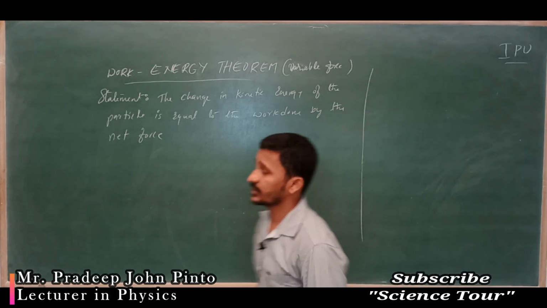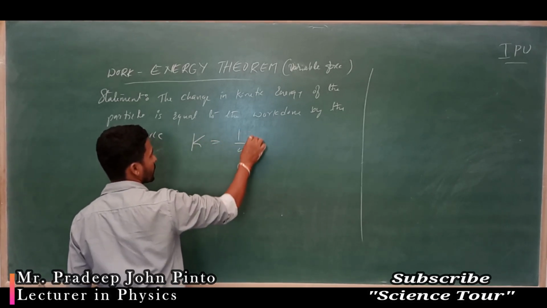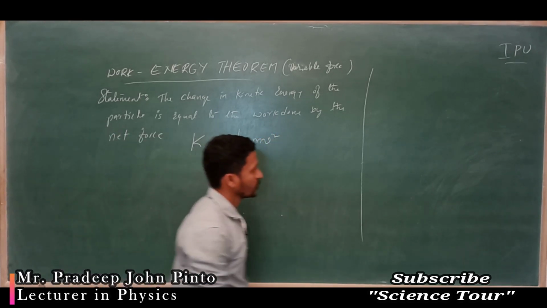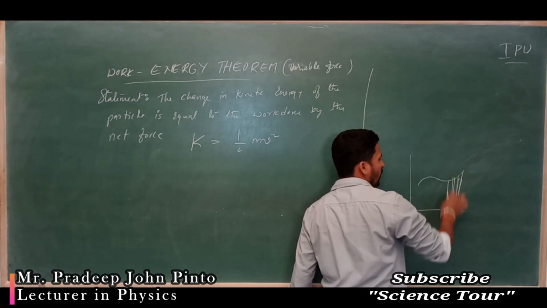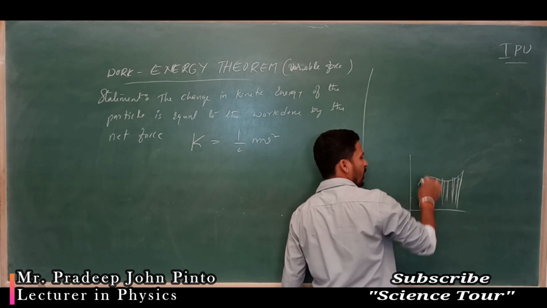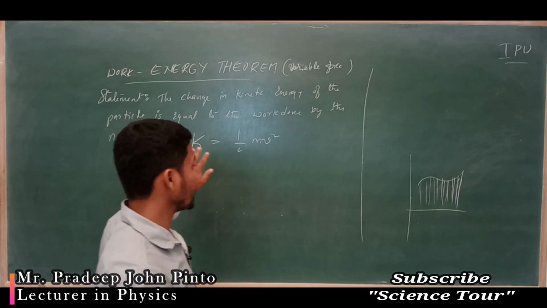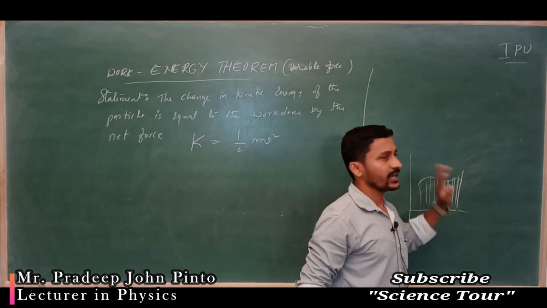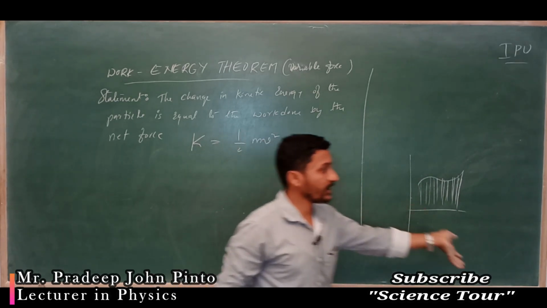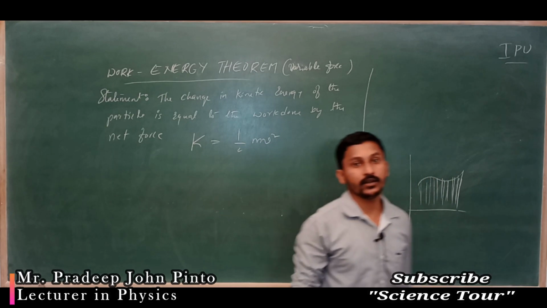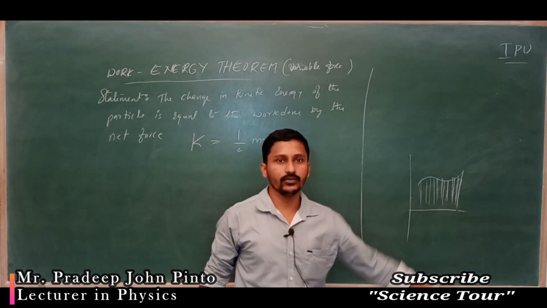What do you mean by kinetic energy? The kinetic energy is K equal to half m v squared. To find the work done, what we have done is we differentiated first, no? We divided into small units. So this kinetic energy also, in total, from step to step, it has got kinetic energy, right? I have applied 1 Newton, 2 Newton, 5 Newton, 10 Newton, 1 Newton, 5 Newton, like that. It means it has got kinetic energy from 0 to some value, right?